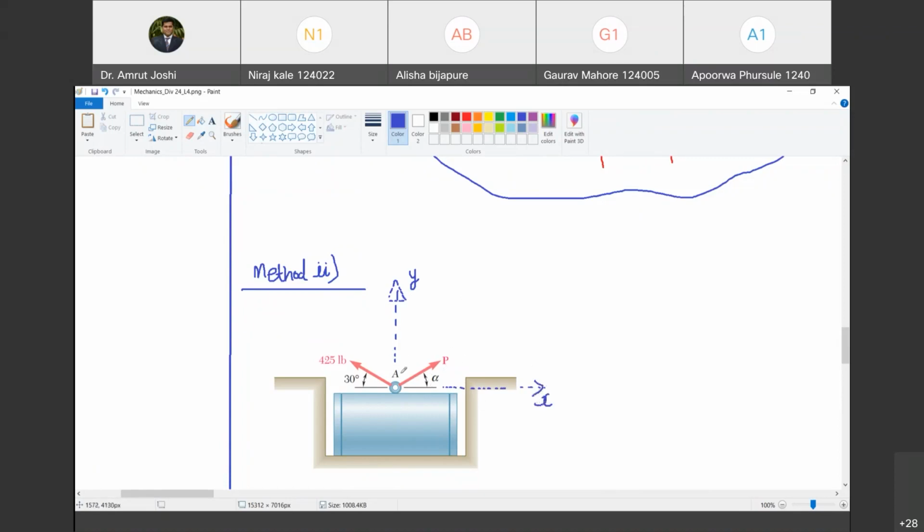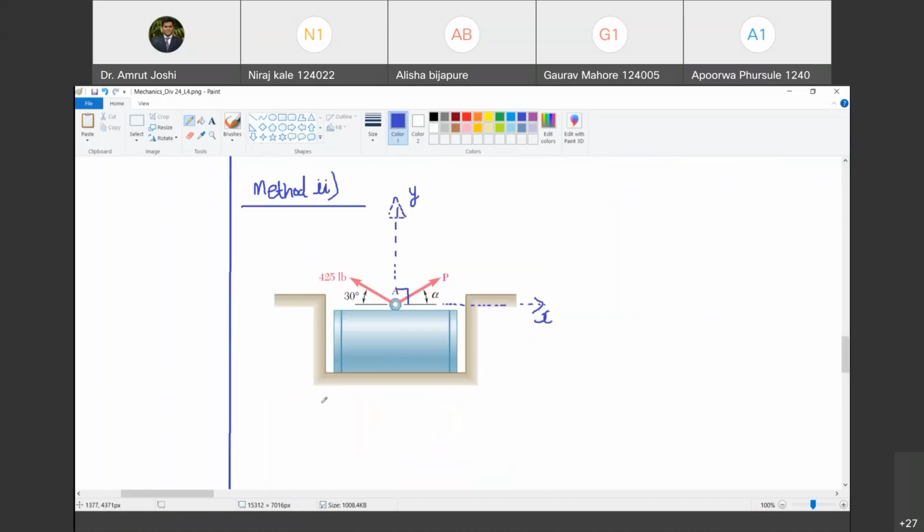The angle between X and Y is 90 degrees. You will agree. Now what is being said? You want the resultant of these two forces, or addition of these two forces, to be vertical. So now if I were to find out the addition of these two forces, I can look at it from another approach as well. What I will do is resolve all the forces along X and Y directions respectively. So let us say there are two or three forces acting on a body. I will find out their X and Y components.